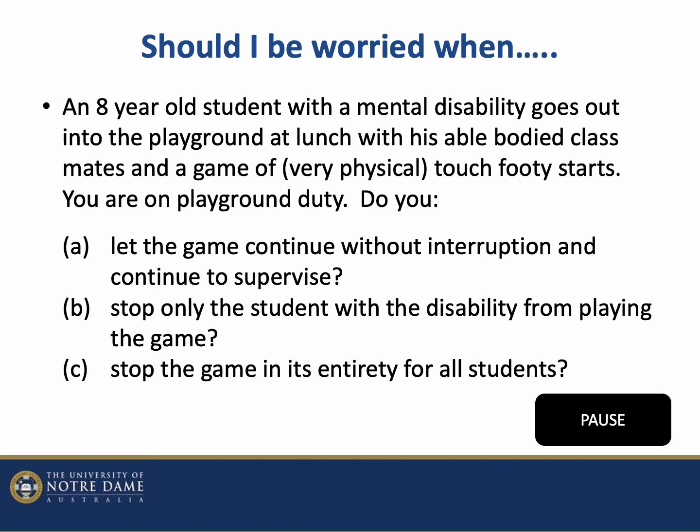In terms of prevention, close supervision. One of the things we can do is we can stop and start students. So we can stop the game. We can reset their expectations with how to play, what is safe play, what is not safe play. One of the things I would be reminding children of is when they play touch footy on the weekends, there's always a referee. When they play those sorts of games at school, there is no referee, and so it's not the same level of supervision. We can't keep them that safe. So often they need to modify their games and reduce the amount of physical contact that they are having on the playground.